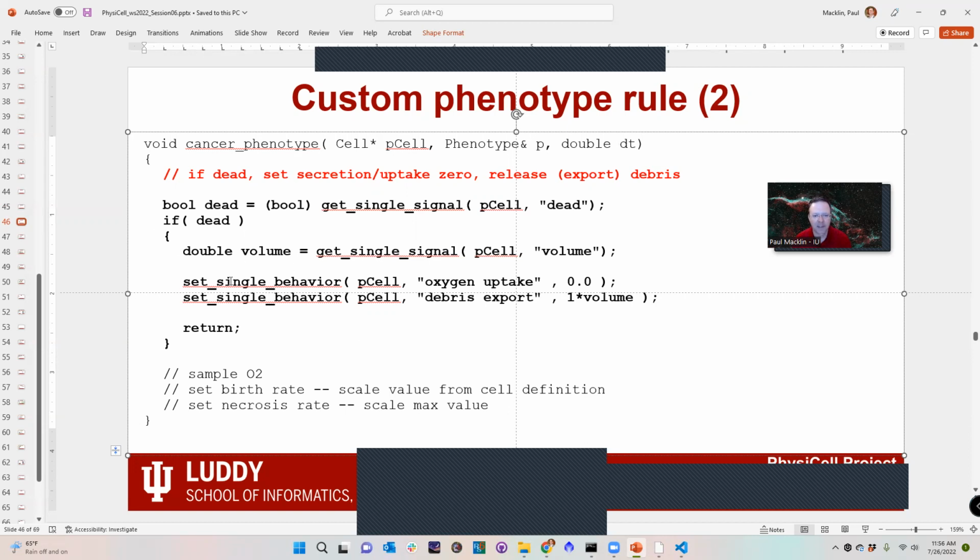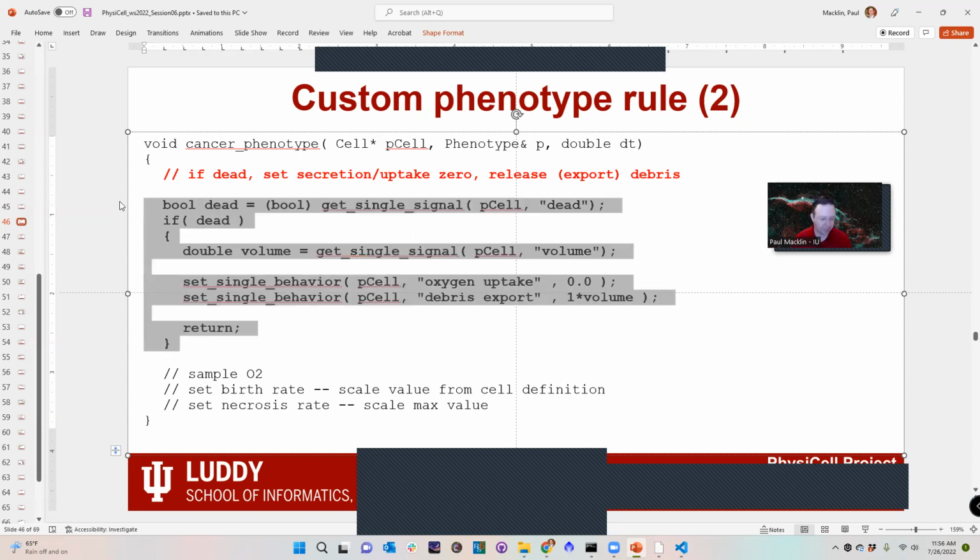And then I'm going to set my cell behavior for oxygen uptake to 0. I'm going to set my single behavior for my debris export rate to be linearly proportional to my volume. I might as well just make that proportionality constant 1 for now. But this would be a great project down the road, actually, if someone wants to make something more mathematically